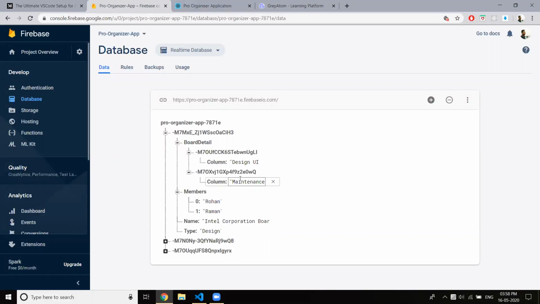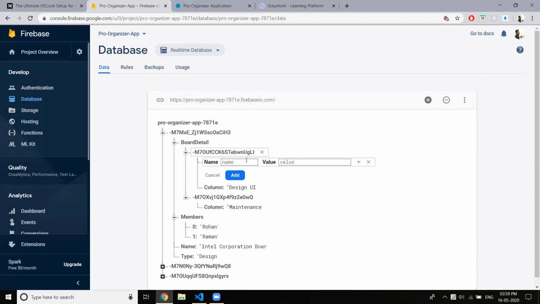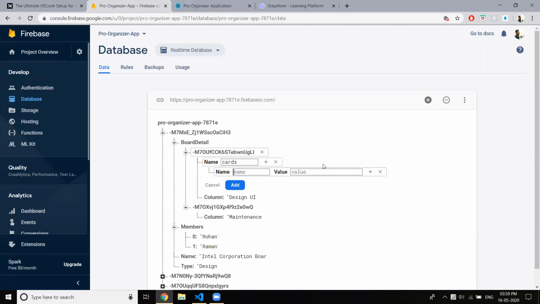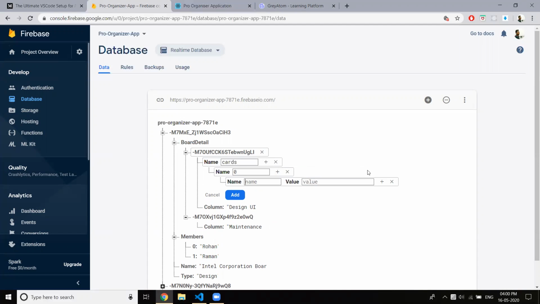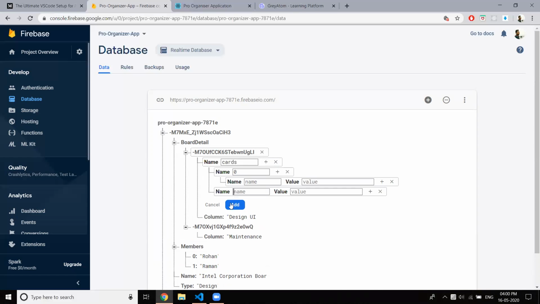So both details contain the columns and columns contain cards. Then go and click on plus. It will have 0, and then click on plus on the value of that 0. Here it will be all the details. Here it will be title and title name. Then you can click on plus, task and task names. It will go like that. Then when you add another card, you will click on the plus on the cards again.